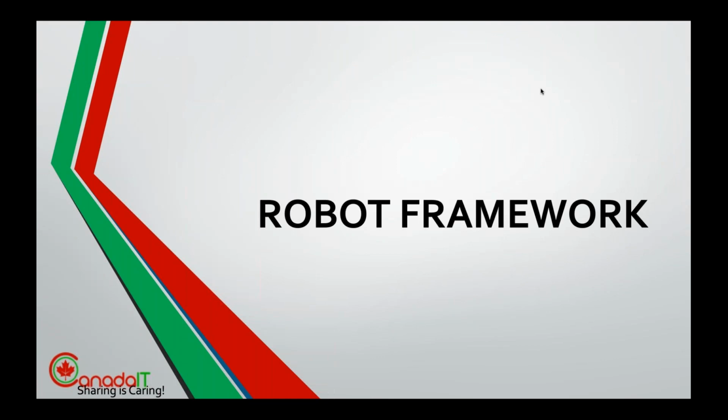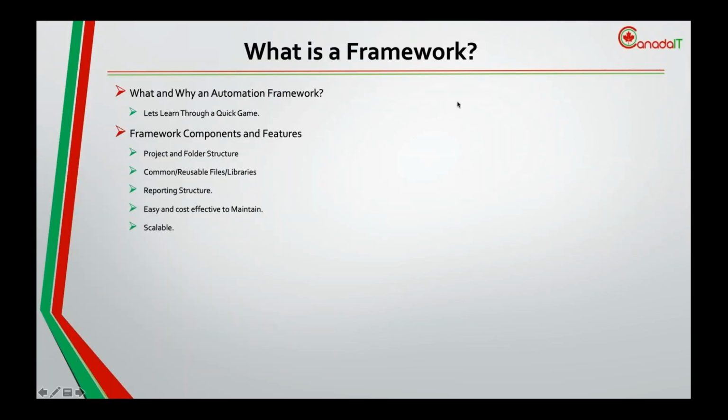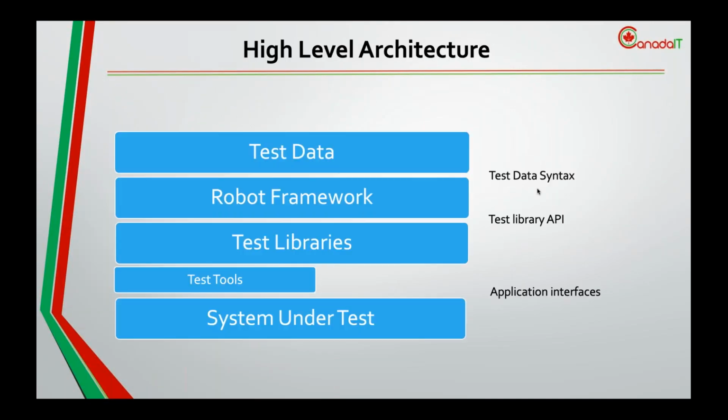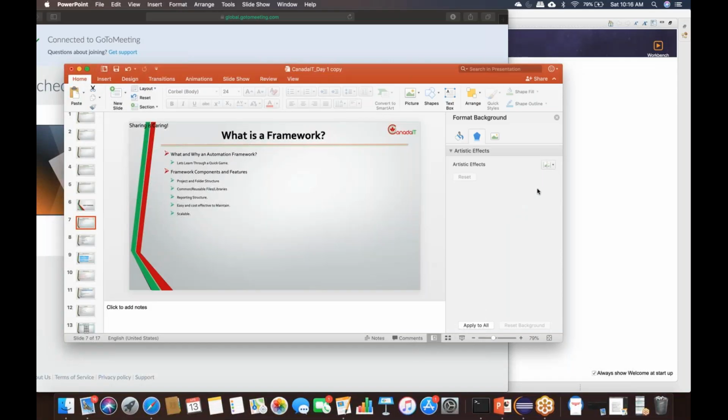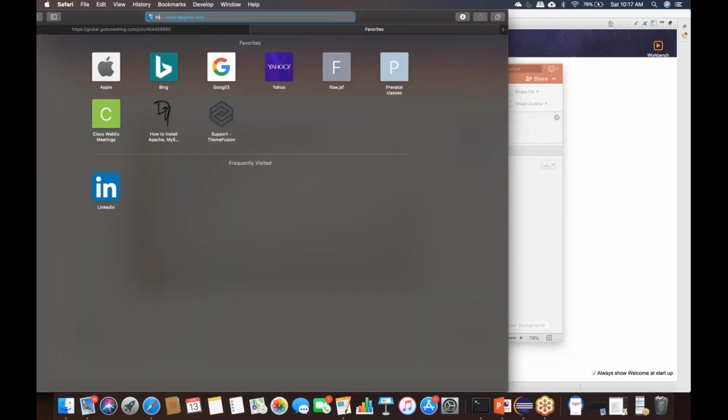Okay, so we're going to talk about what the components of the framework are. But before that, I'm going to explain what components we're going to use while doing web-based testing. With Robot Framework, we're going to use the Selenium library. This is one of the libraries developed for Robot Framework so that you can work on web-based testing. Let me open their website,